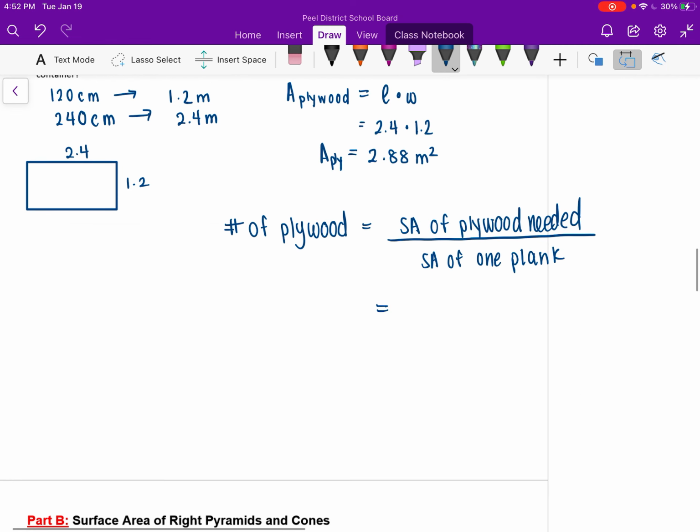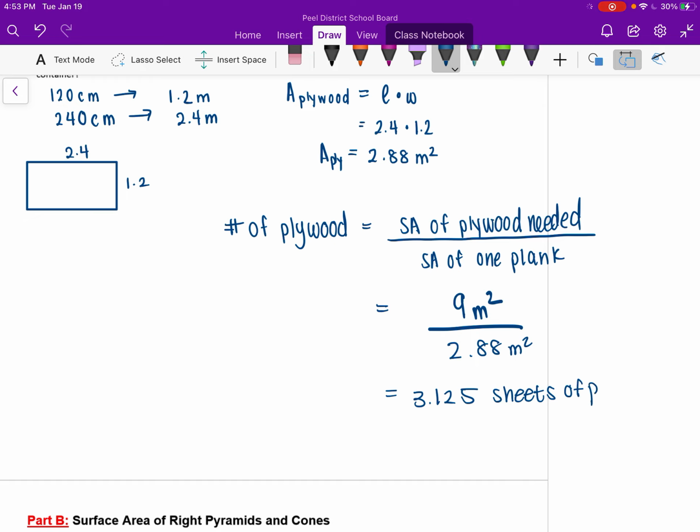So I need 9 meters squared. I know each one is 2.88 meters squared. So I can just take 9 divided by 2.88 equals 3.125 sheets